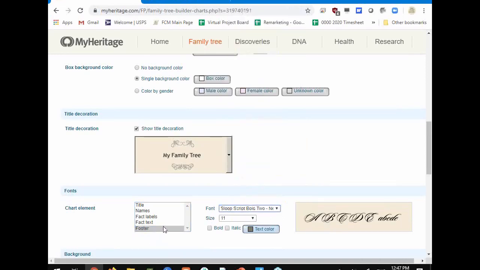And that would work as well. The names, the fact labels, and the fact text, if you can get them up to a 12 or 14 point font, that'd be awesome. What we usually shoot for is a 9 or 10 at Family Chart Masters, because that's about the size you're going to see in a magazine or a book. Anything much smaller than that, you're going to have some real issues